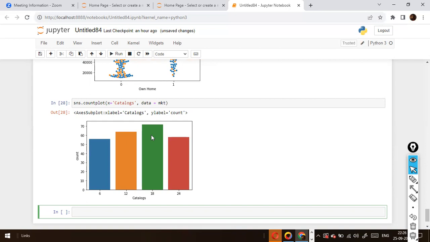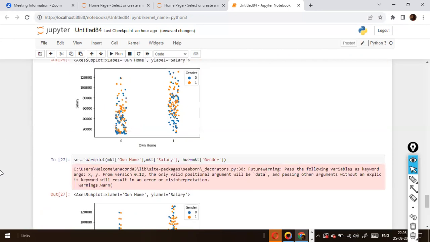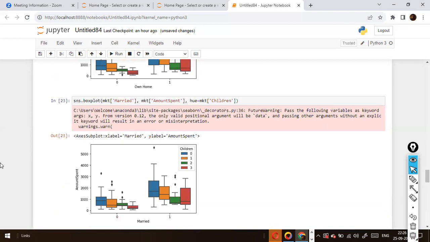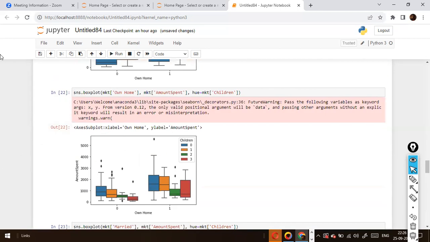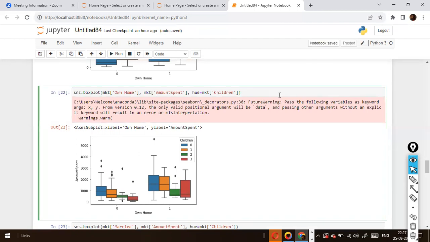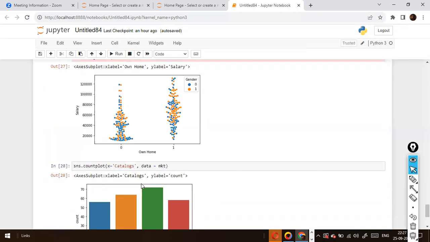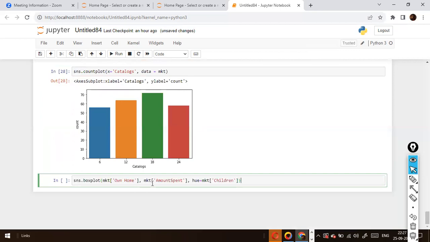This is count plot. You can use it to find out the counts, how many number of times the customers purchased, all those things you can see there. Okay. And also the next one, yes, you can use the same thing here with the hue. What else can we do here? We can explore it with another categorical variable. When I use the count plot on catalogs, here the amount spent also you can use. So with this, what we can understand,